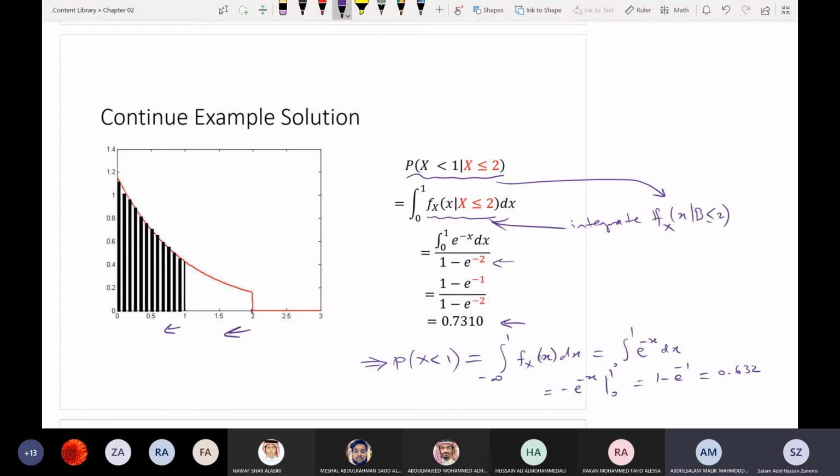So now you can see that without conditioning, the probability that x less than or equal to 1 is smaller than with conditioning. Because with conditioning, we have eliminated all this. It cannot happen. Any possibility above x equal to 2 is impossible, given x less than or equal to 2. And because of that, we eliminated everything here. And hence the conditional probability now is larger because the sample space is smaller. واضح؟